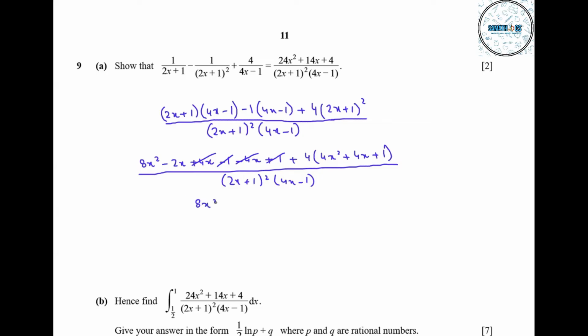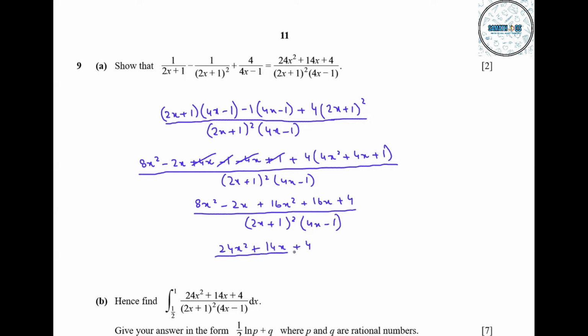We have here 8x squared minus 2x plus 16x squared plus 16x plus 4 upon (2x plus 1) whole square into (4x minus 1). So finally, when we'll add these two, we will get 24x square plus 14x plus 4 upon